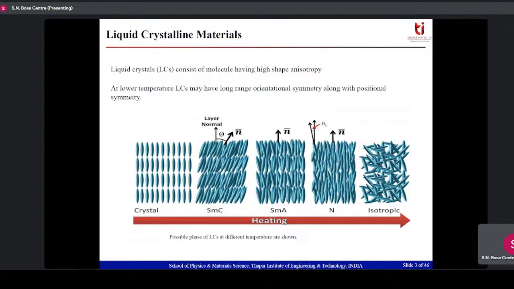So liquid crystals have one interesting property, that they have orientational order. What I'm interested in, in 2 dimensions, is their melting behavior. In 3 dimensions, melting, going from solid to liquid phase, is a first order transition. But what happens in 2 dimensions is it doesn't go directly from a solid to a liquid state, but rather there is an intermediate phase. And that phase is called the hexatic phase.